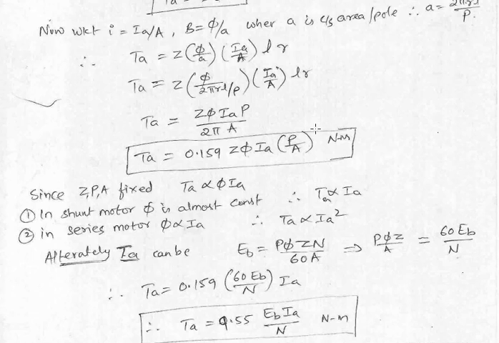If the given parameters suit this equation, then you can use this. If the values that are given are in terms of the back EMF, armature current and the speed, we can use this particular equation. Now we will go back to the characteristics. Before going there, just remember, in case of a shunt motor, the torque is directly proportional to armature current Ia. In case of a series motor, the armature torque is directly proportional to Ia square.